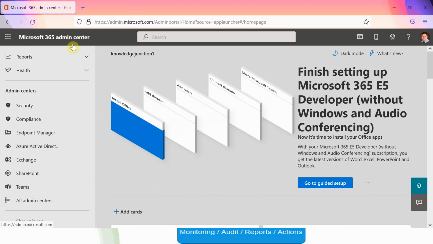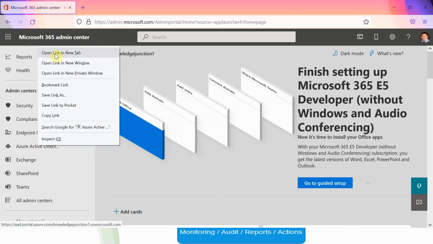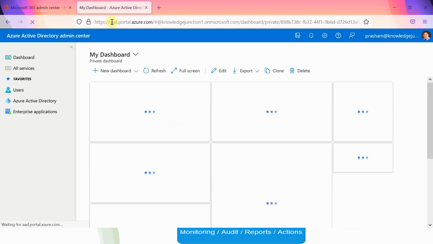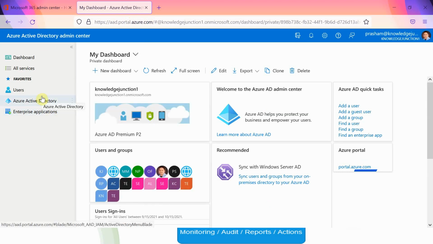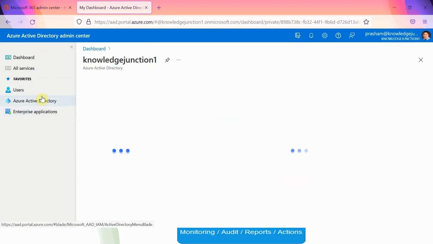So from the Microsoft 365 Admin Center, I am navigating to the Azure Active Directory Center. You could also log in directly with aad.portal.azure.com. From the left side menu, there is Azure Active Directory. Click on it.